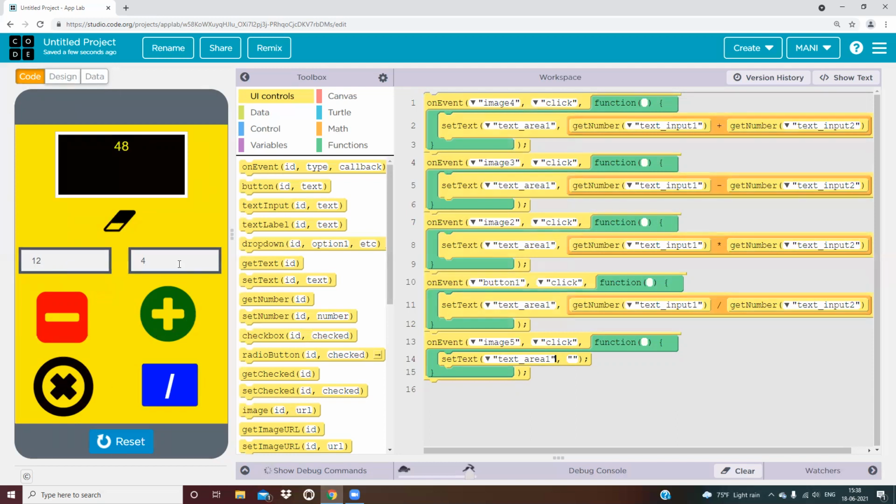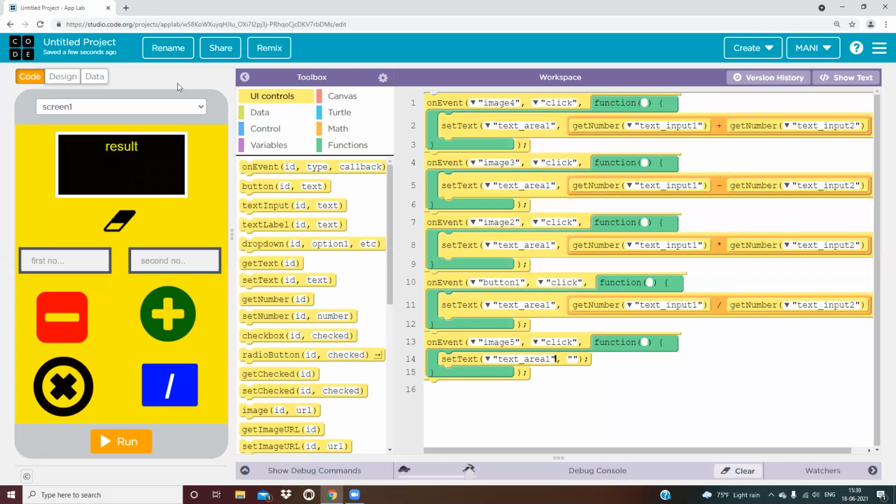And if multiply, then 48, correct. And if divide, 3, okay, it is working properly. And if 26, then plus 38, okay, minus, it gives the answer in minus also, multiply, and divide gives a decimal point, okay. So it is working properly. Whatever instructions I have given to it, it is working properly because my code is correct.